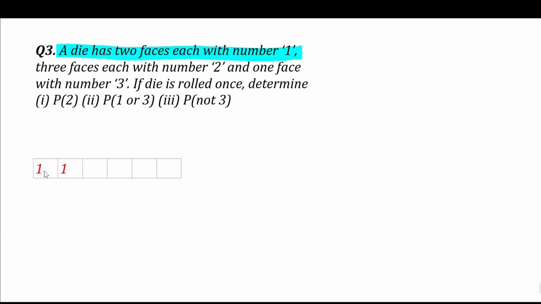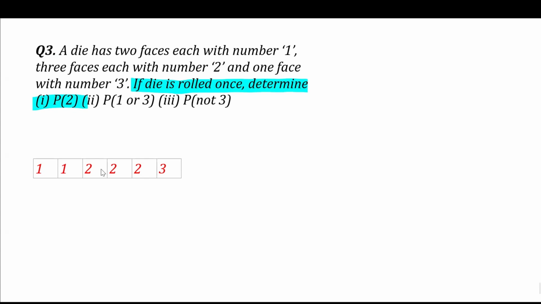And there are 3 faces, each with number 2. That means there are 3 faces, each with number 2, right? And there is one face with number 3 on it. Yeah, that's it. Now, if I read it further, it says if a die is rolled once, determine the